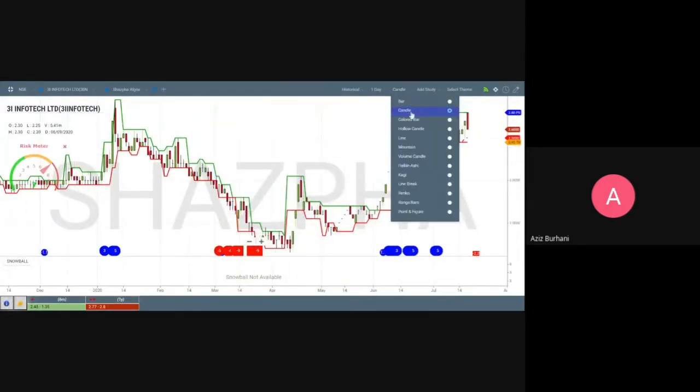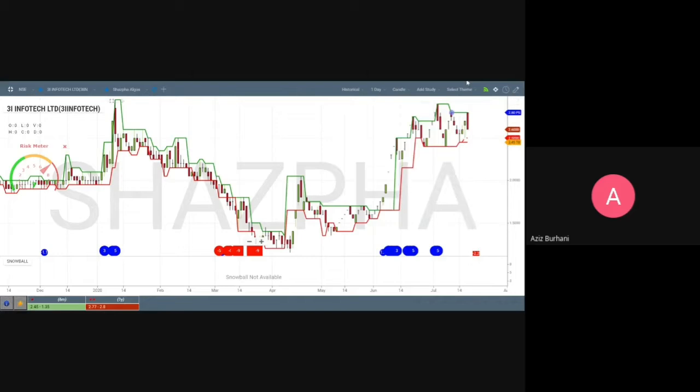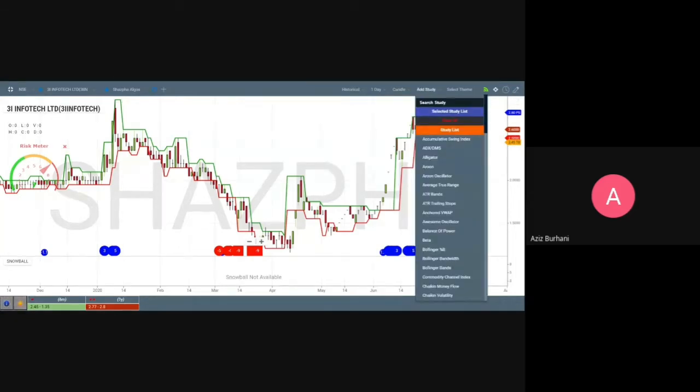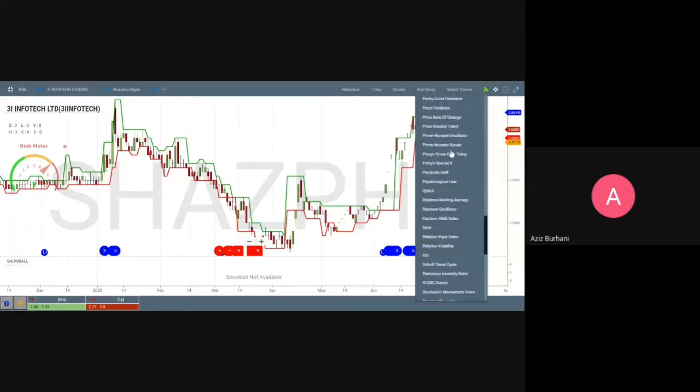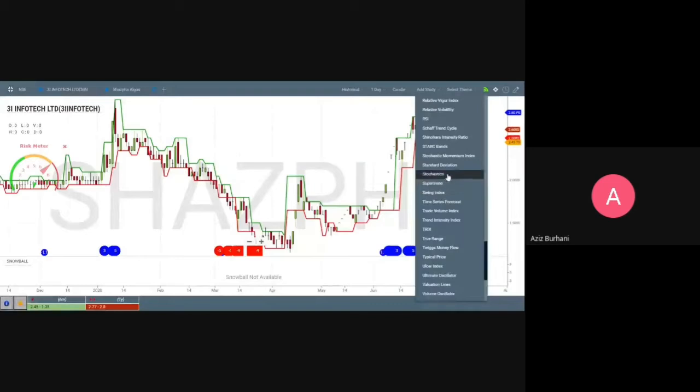So here you have a bar chart, a line, a mountain, and Heikin Ashi and Renko, and we don't know all those things. Unfortunately, there may be a lot of people in this meeting who can teach me about all these things, because we are not familiar and we don't delve into them. And then there are these studies which others call indicators. There are 115 studies that you can plot. You can add these studies also to your template. So that is also possible. There are people who use Super Trend and so on and so forth, so you can choose that.